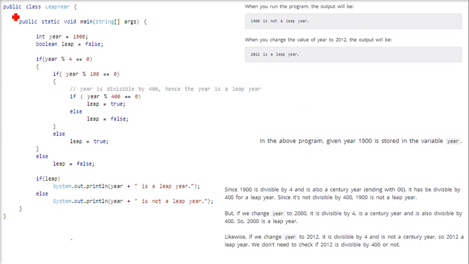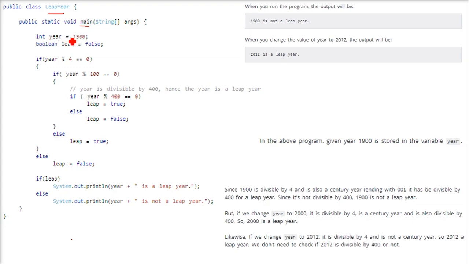Coming to the program, we have public class LeapYear. You can name it any way you want; this is the normal way of naming. We always have to make a class, and inside this class we have public static void main. This is the main function, which has the parameter String args.